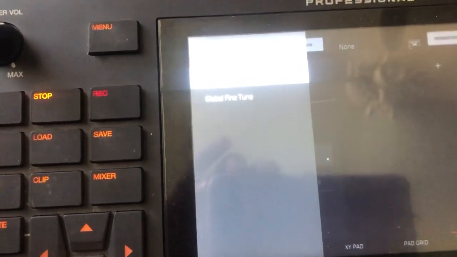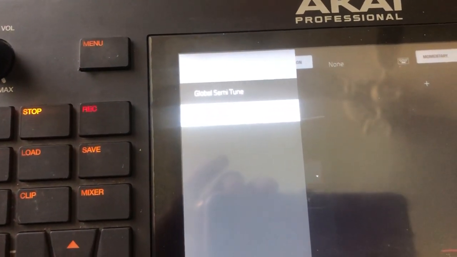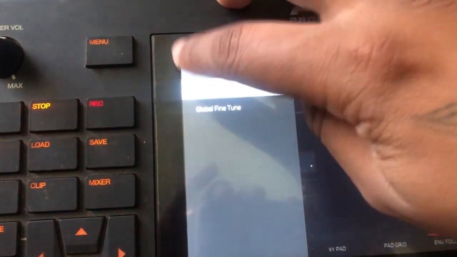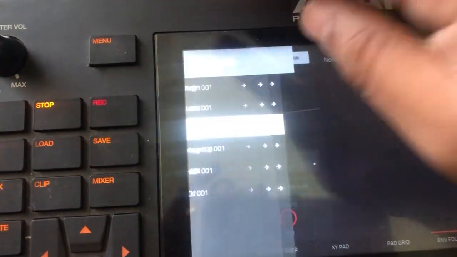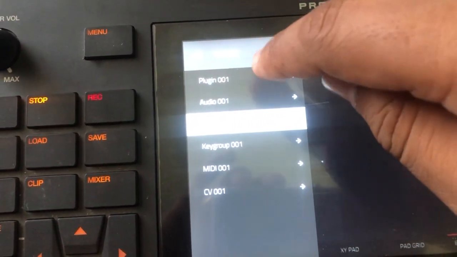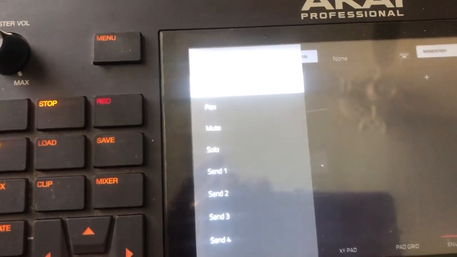And then if you're trying to send it to the overall drum track, you only have control over the fine tuning and semi-tuning of the whole project. So that's a drum track. Then I'll say second is the plug-in track, right? Now the plug-in track,